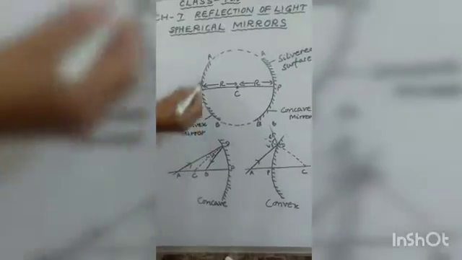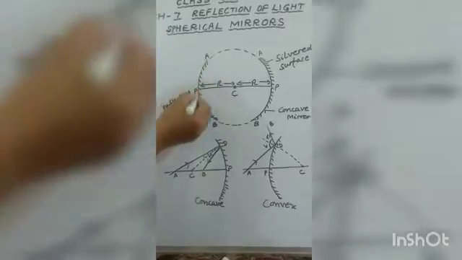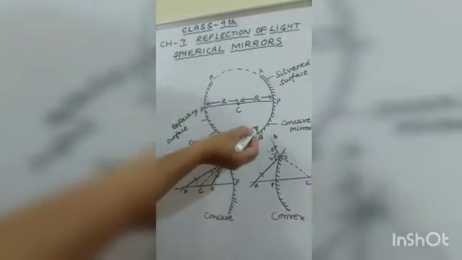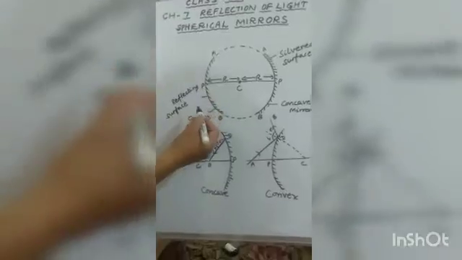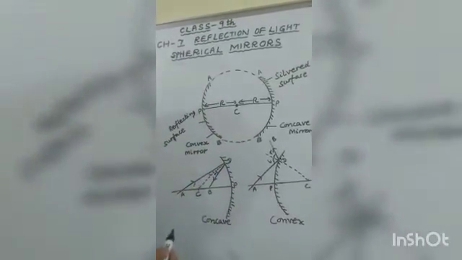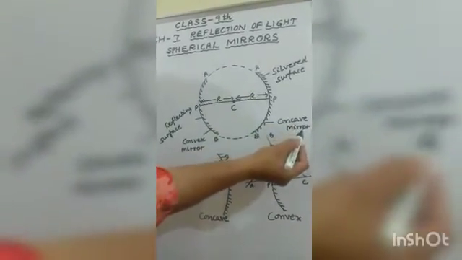Like this, part AB here, the inner surface of the part is silver. So this becomes a mirror. Similarly, here the outer surface is silver. See, this outer surface of this part of the hollow sphere is silver. So it also becomes a mirror. So depending on the silvering of the inner or outer surface of the sphere, the spherical mirrors are of two types: convex mirror and concave mirror.